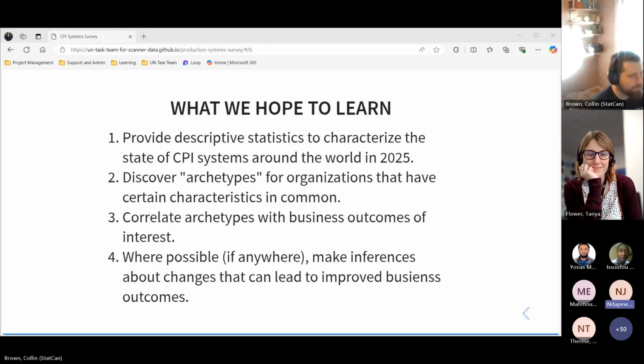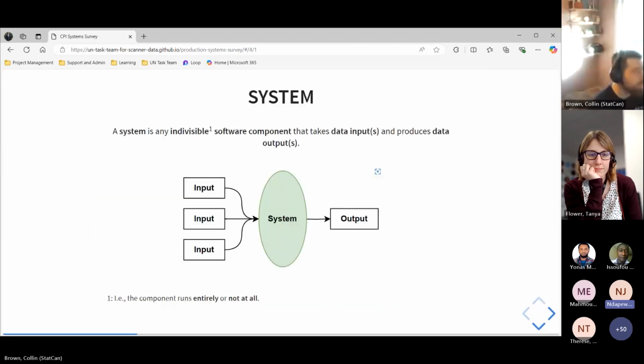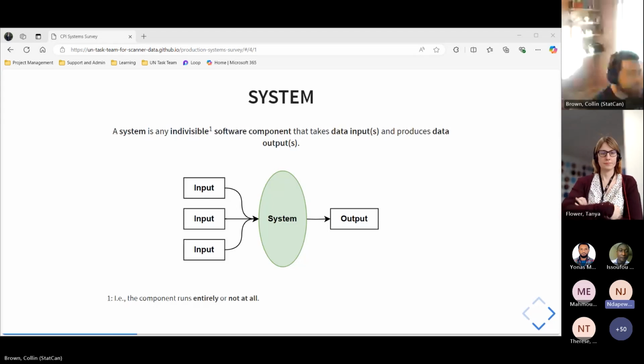So I just want to make sure that we are on the same page when you're asking information about these systems. Is it just the system that is generally for CPI that we use now, or specifically for scanner data? Because at the moment, we don't have a scanner data system. But if I look at what we call a system in Namibia to produce CPI, I can relate to your graph, if you can accept the Excel flat files as systems,